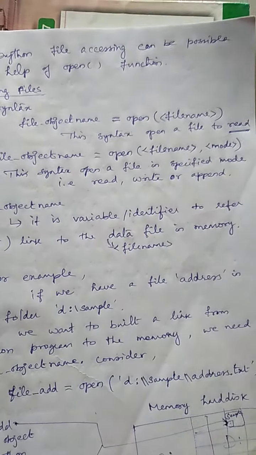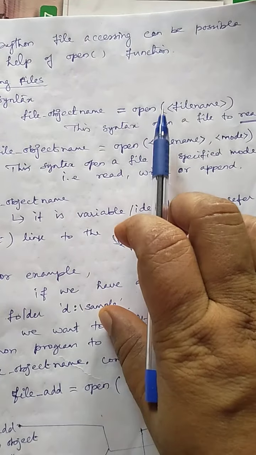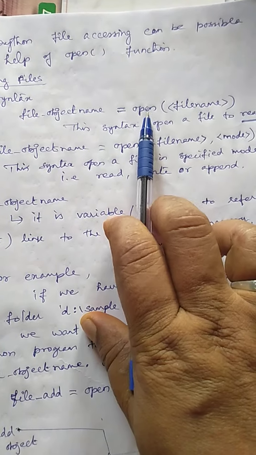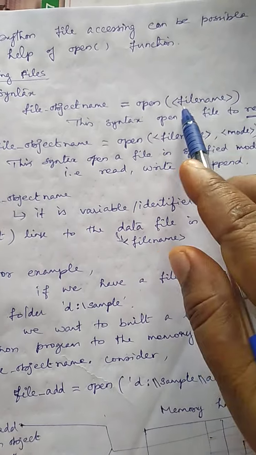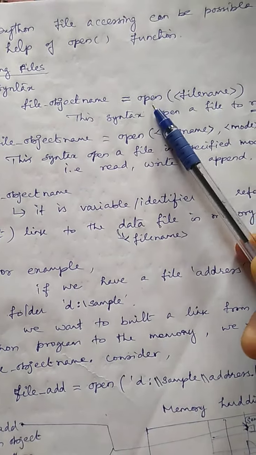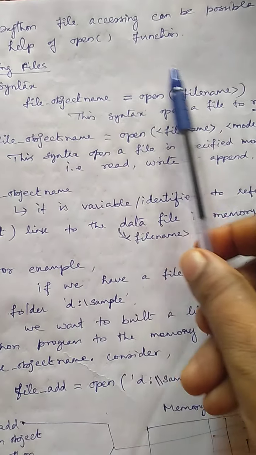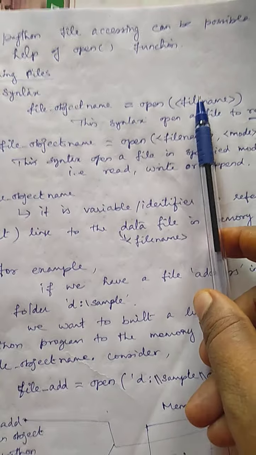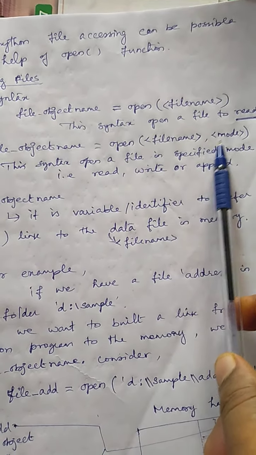That means to use a file in our program, that is a text file, we must use the open function. This open function must have an argument of the file name, where the file is stored in our computer memory, and this file has to be assigned to one file object. This variable is going to refer to where in the memory the data file is stored. Okay, here: file object name, open, file name, comma, file mode.